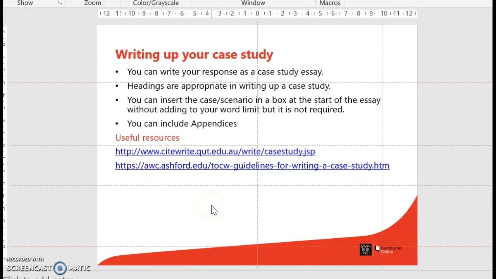So you can write it up, as I said, as an essay, as a case study, however, with an introduction and conclusion. You could also include appendices. So if you want to include, say, for example, a centre policy, that's fine. So make sure you look at your APA referencing guide so you can see how to include that accurately, but that could be a useful thing to include there to demonstrate your analysis.